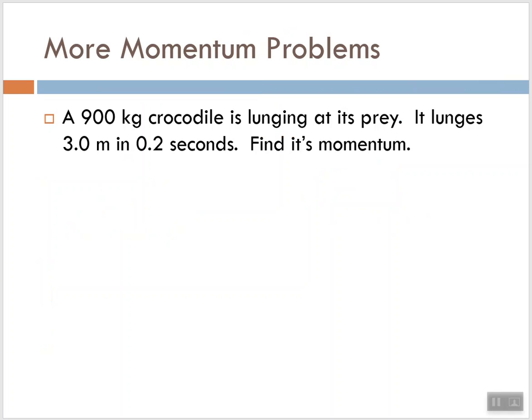So the 900 kilogram crocodile is lunging at its prey. It lunges 3 meters in 0.2 seconds. Find its momentum. Well, I know that the mass is 900. The velocity I don't know, but we can find its velocity because we can use our XF equation. XI, we can make that be 0. It lunges 3 meters in 0.2 seconds. So what we're going to say here then,